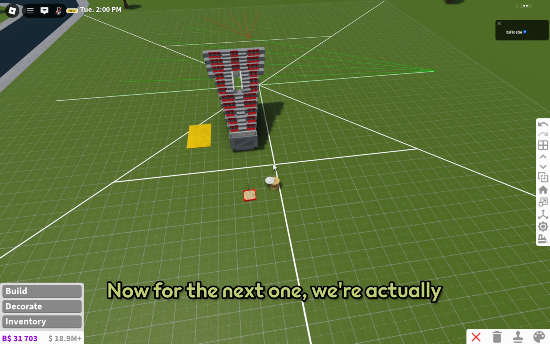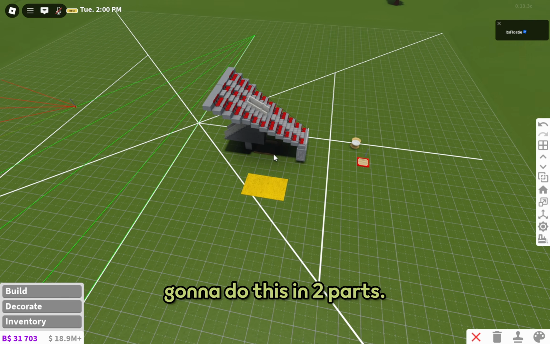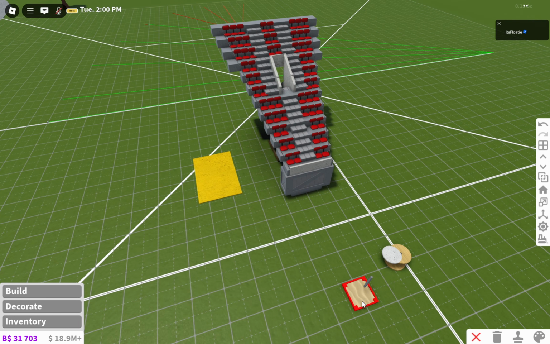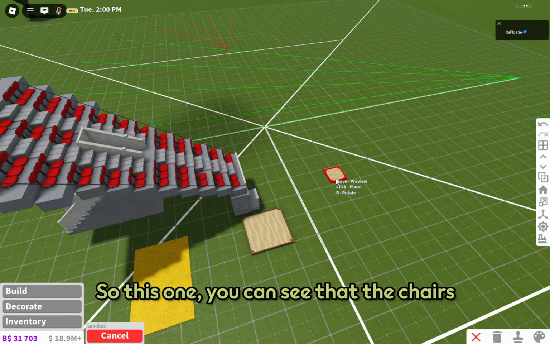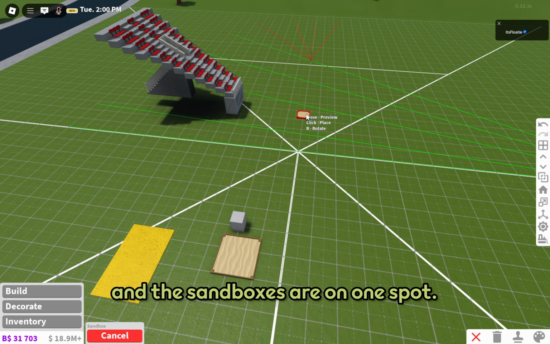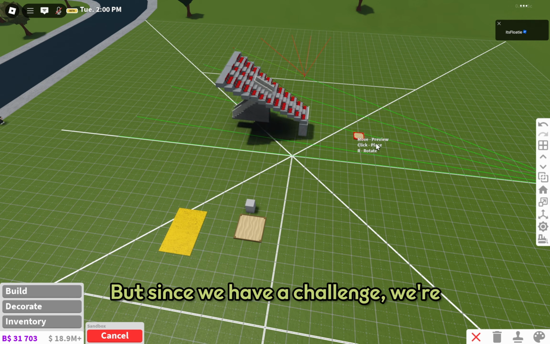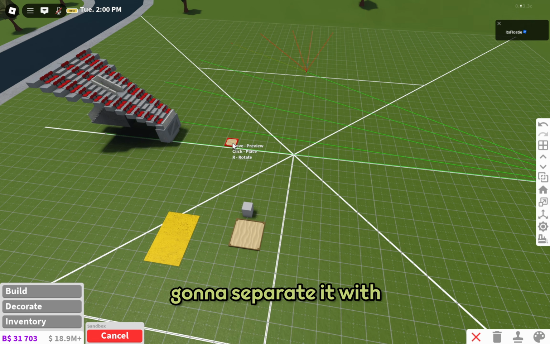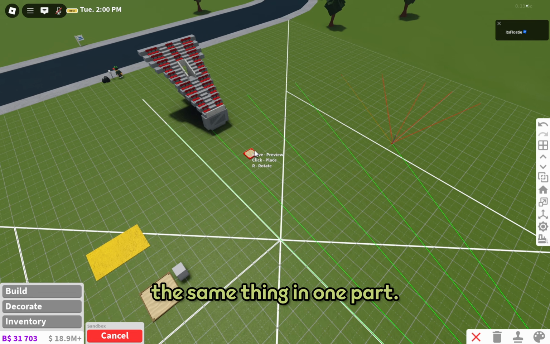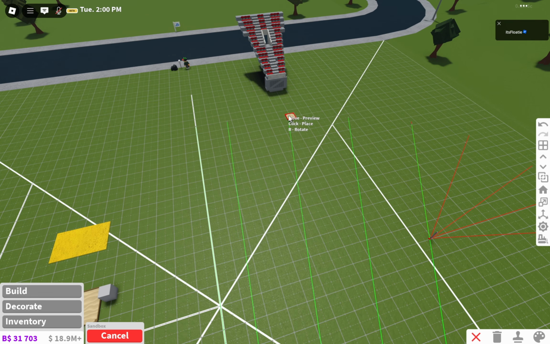Now for the next one. Actually gonna do this in two parts. So this one, you could see that the chairs and the sandboxes are on one spot. But since we have a challenge, we're gonna separate it with two sandboxes, one for the seating and one for